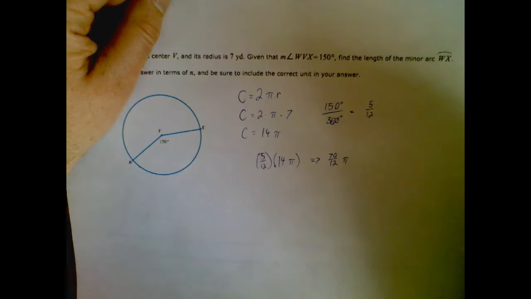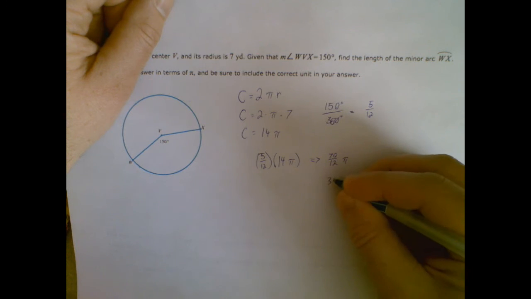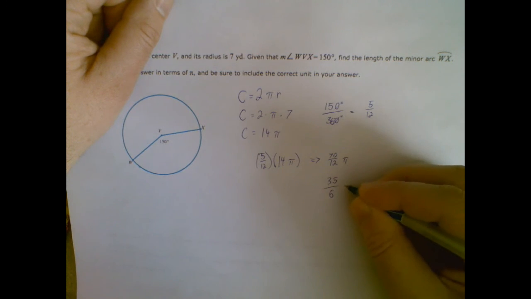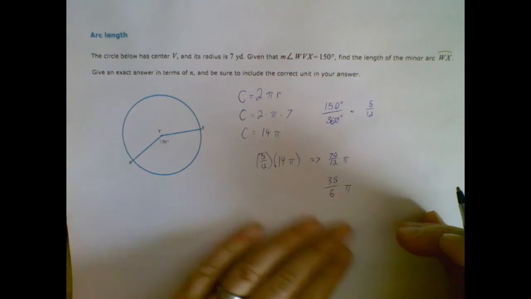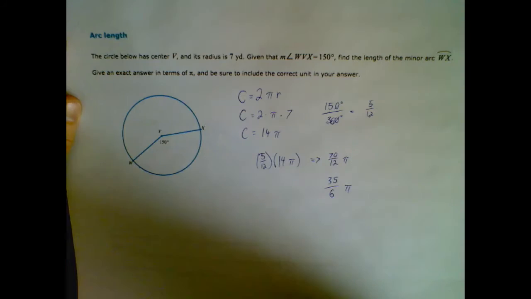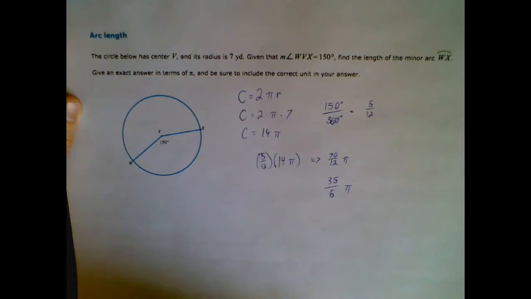We'll go ahead and divide them both by 2. So 35 over 6 pi. And it does say leave pi in there, that's why we left it alone. Exact answer in terms of pi. Be sure to include the correct unit. So